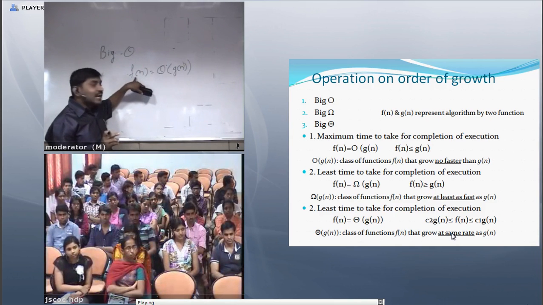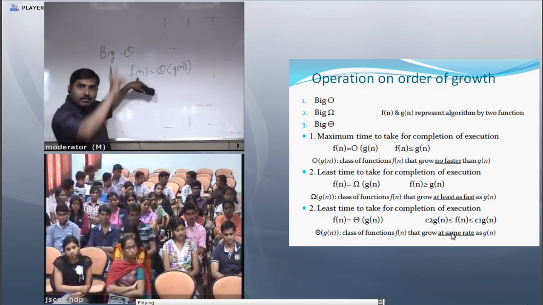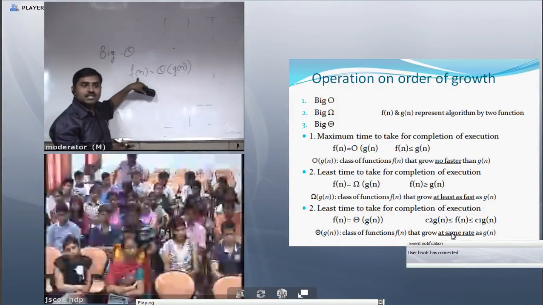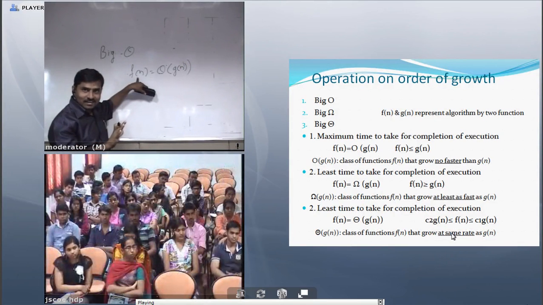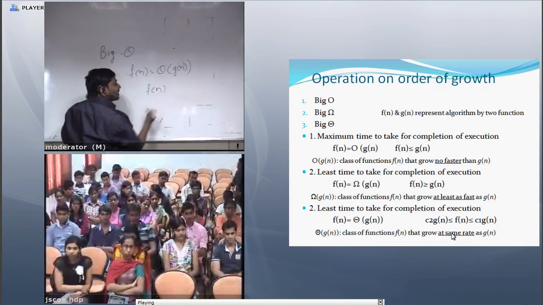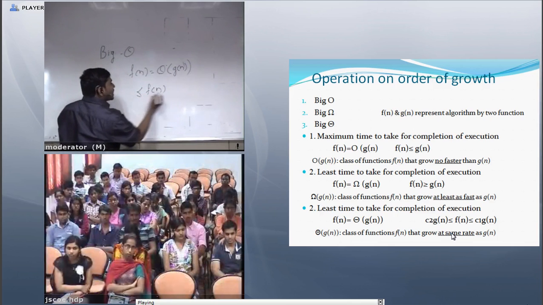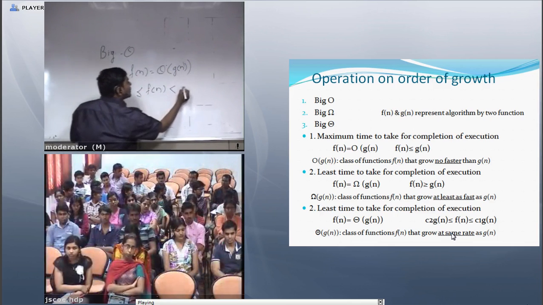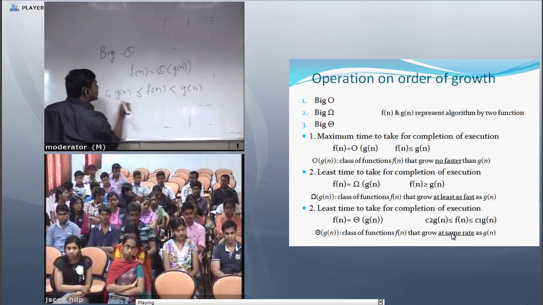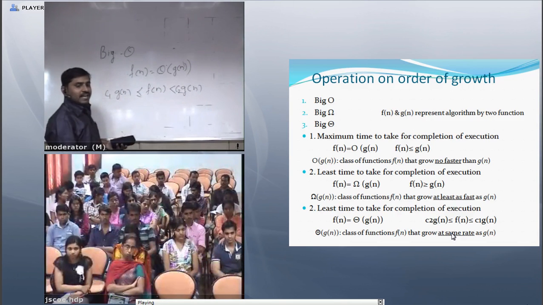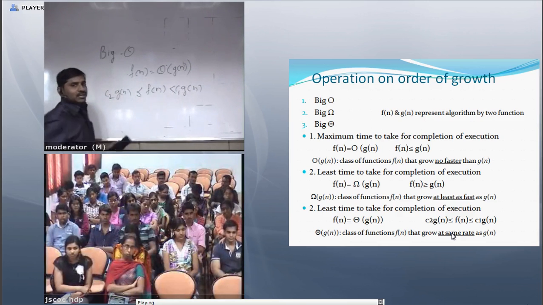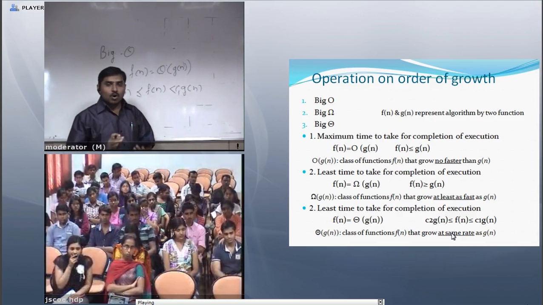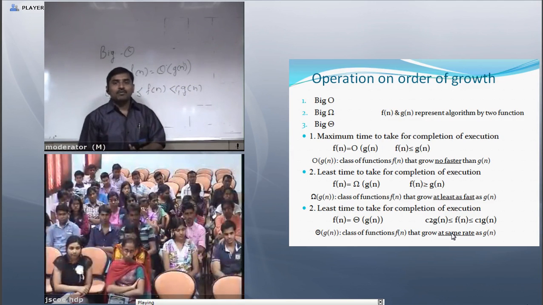The time required to execute f of n in big O notation is always less than, in omega notation always greater than, and in the average case it may be present between g of n, if I take two constants. So it is present between the g of n, average case. Clear?